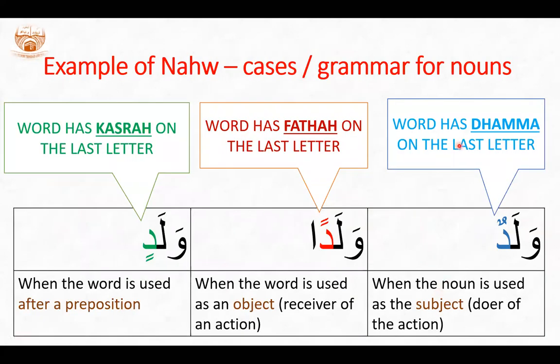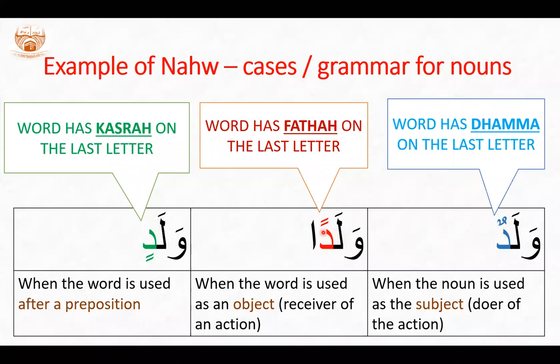So as a key here, we have waladun. When would we say waladun? If this word comes as the doer of an action, like an action word, eat. If we say a boy ate, then we read waladun, because he is the doer of the action. Who did the action? A boy. He is the doer, so we simply put waladun. Now there's a little hint of why. I'm just giving you a little flavor of it.